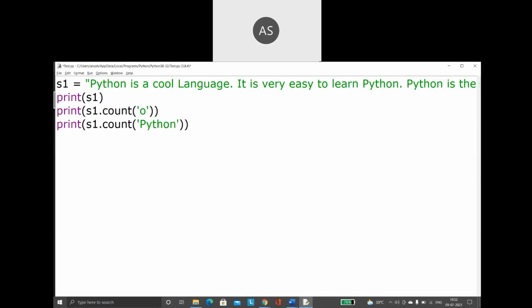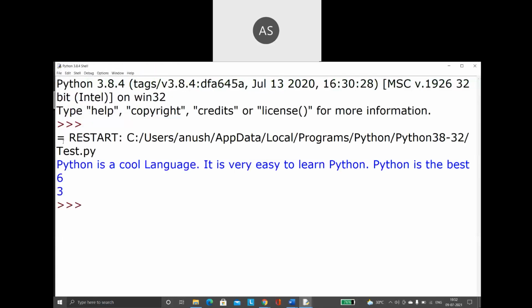How many times is the word Python getting repeated? I want both. So let us run this. See what it says. O is getting repeated 6 times. You can count and check whether it is giving you properly. Then it says the word Python is repeated 3 times. Yes, correct. Now 1, again 2, again 3.